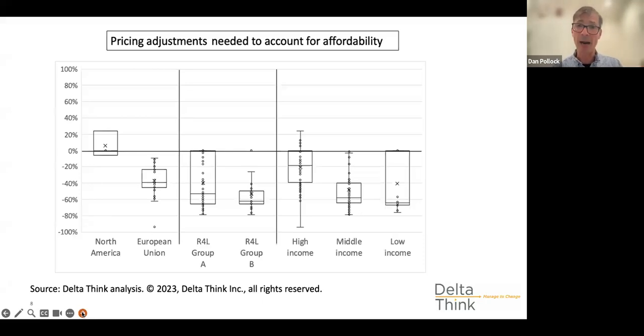We're going off World Bank classifications in terms of region, and the horizontal line across the middle of the box shows you where the median is, the bang on middle average. And so for that box top left, North America, the US is sitting right on it. The US wouldn't have to change its prices if we measure affordability relative to the US dollar.